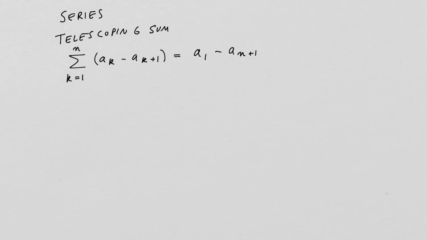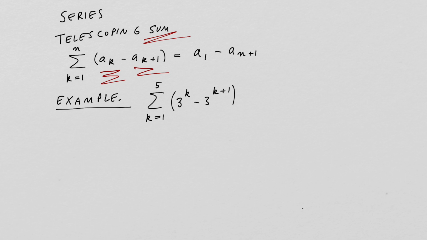The most simple series is a telescoping series, but let's first talk about telescoping sums. A telescoping sum is of that form that we have terms a_k with a plus sign, and at some point we will have them with a minus sign. For example, this sum will be